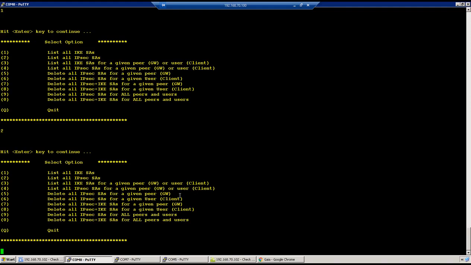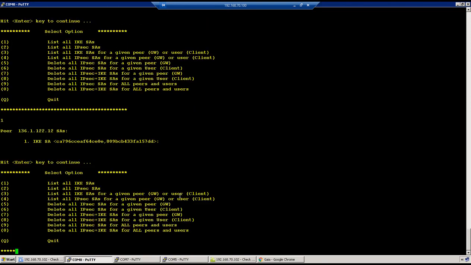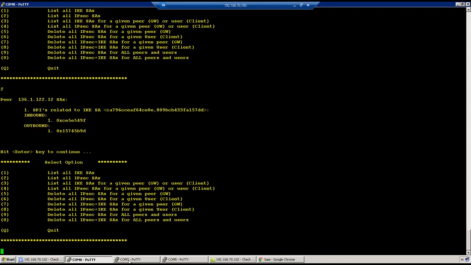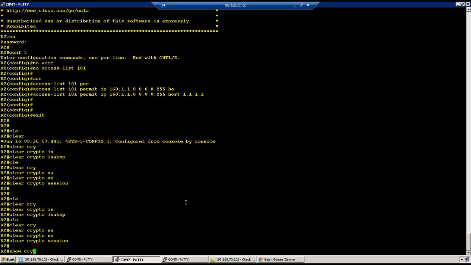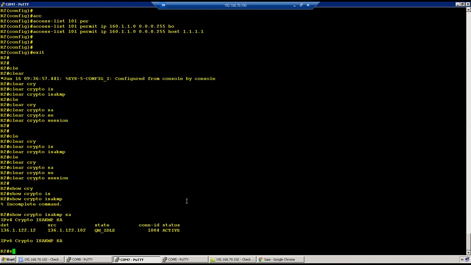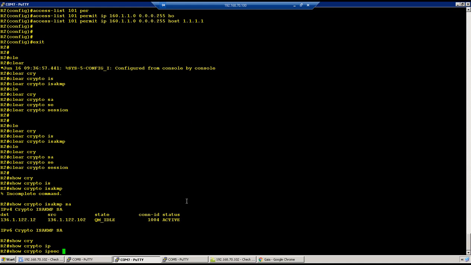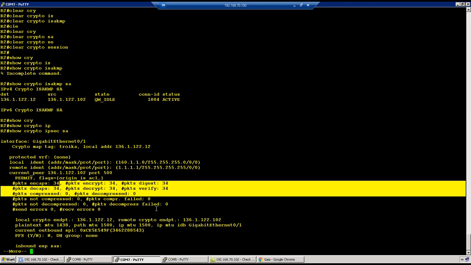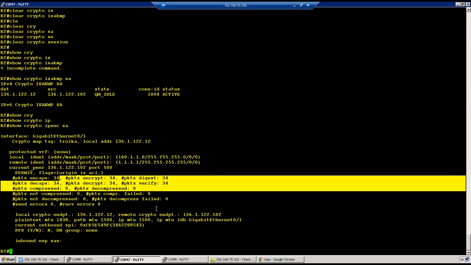So go to the firewall. Phase 1 I could see up, phase 2 I could see up. Good. And on Cisco, show crypto ISAKMP SA, we could see phase 1 on the Cisco is also up. Show crypto IPsec SA, and we could see phase 2 is also up. Between the NAT address and everything is okay. Now if you will see the traffic,